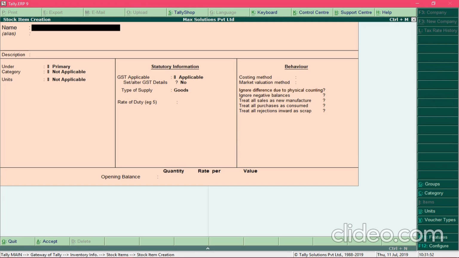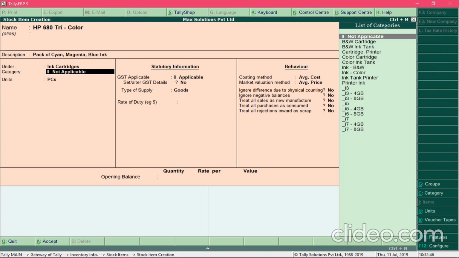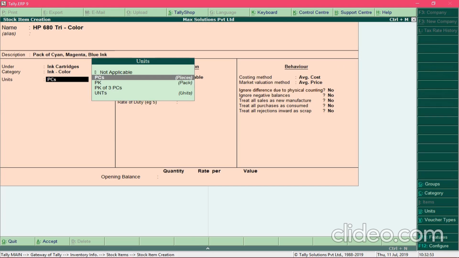Now let me create a stock item for ink cartridge. So it is of HP brand, and provide a short description. And its category would be color ink, and I'm going to sell this as a pack of 3 pieces. So the appropriate unit would be pack of 3 pieces. So I will select it,